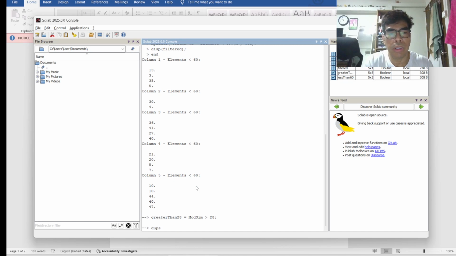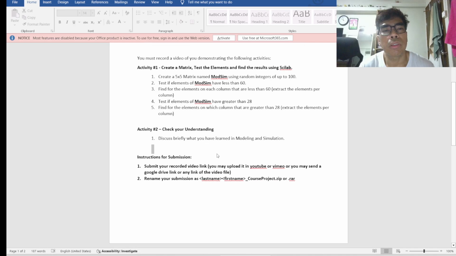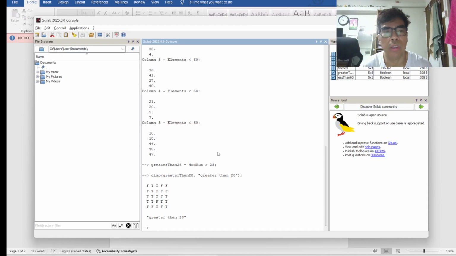So displaying the, so now, same as number 3, find the elements, loop on it, then check which are greater than 28.